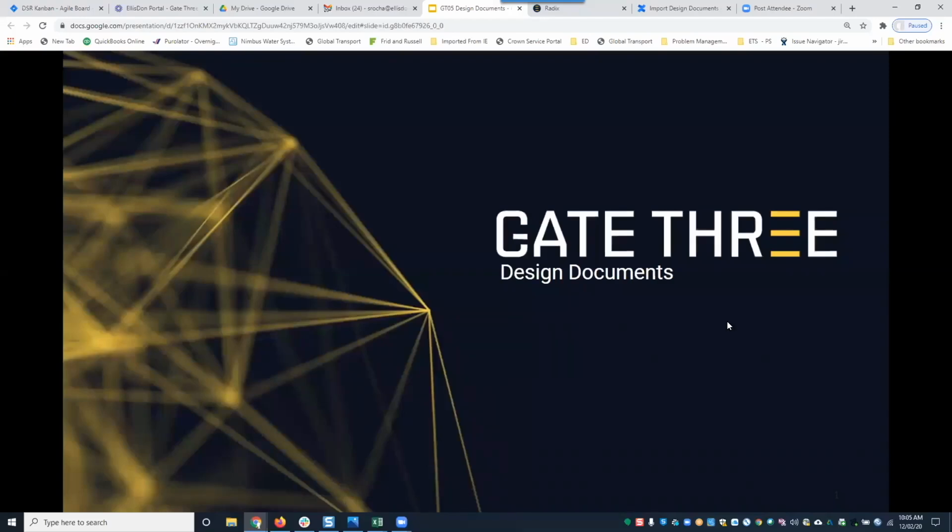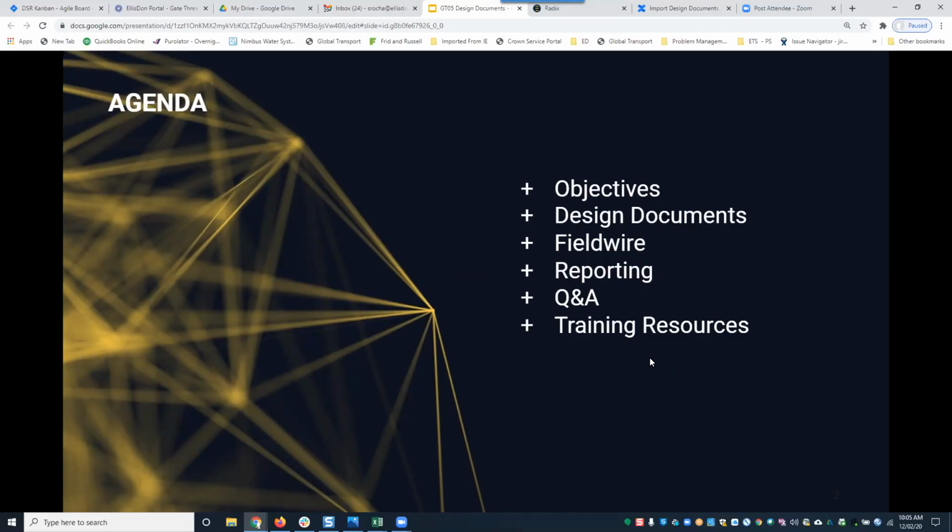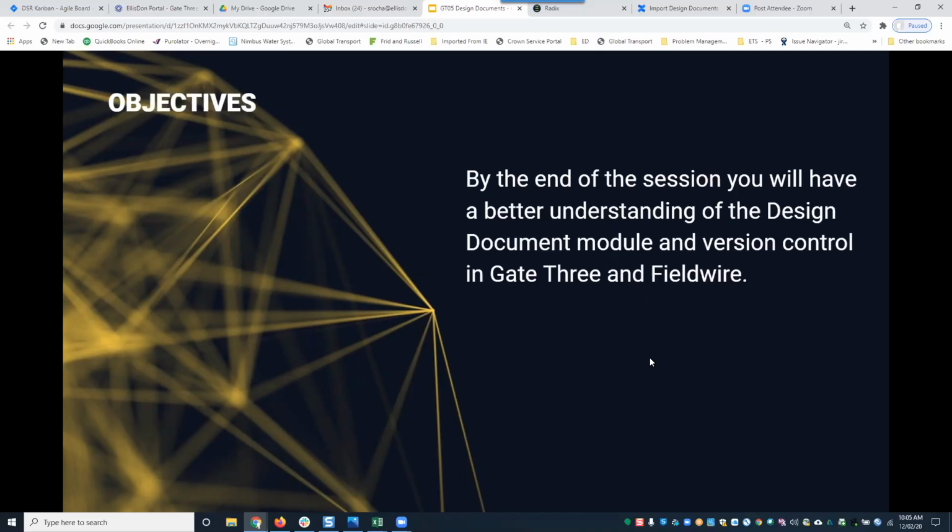Okay, so today's session is on design documents. We're going to go over the design documents, the design document module. We'll touch on FieldWire, the reporting module, any Q&A, and some of the training resources we have available. So by the end of the session, you'll have a better understanding of the design document module and version control